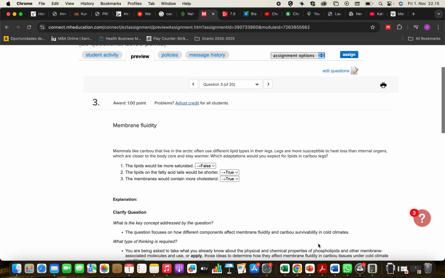So, some of you have asked me about membrane fluidity. To explain this properly, I'm going to be answering this question. But before that, let's just recall a bit about membranes. The cell lipid membrane is quite movable, meaning that it moves around. The phospholipids move around along with the proteins that are inserted into